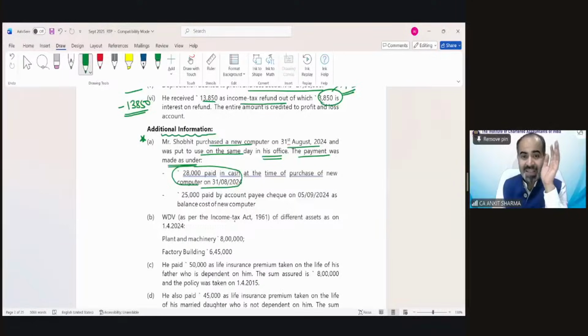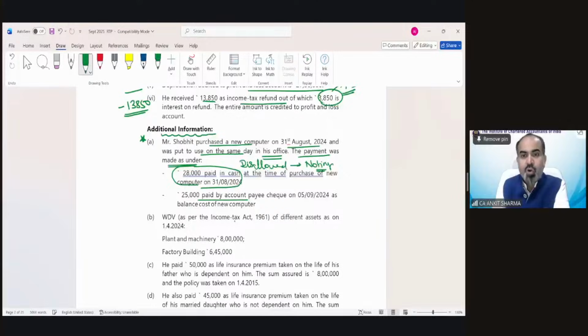Any payment exceeding 10,000 in cash, whether revenue expenditure or capital, is disallowed. So what do we need to do? Nothing. If it were not in cash, we could claim depreciation on it. But because it has been paid in cash, it would be disallowed. But we did not claim it earlier from my profit, so we do not include it for the purpose of any kind of deduction. No need to add it, and no need to claim depreciation on it.